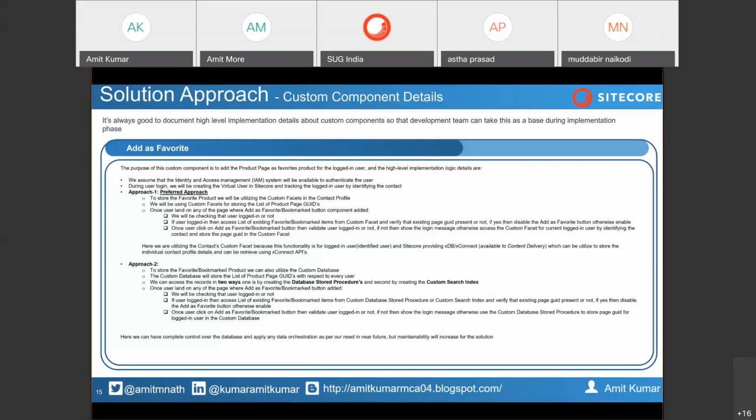So at any given point of time, the client will do a review of your implementation approach with the Sitecore team. In those cases, these things will come back to you: why you have not utilized these things, why you have done the custom implementation. So those are the deciding factors to show your credibility. You need to consider these things while giving the solution to the client, and you can showcase to the client during your defense or any meeting where you are presenting that we are utilizing the full capability of Sitecore.